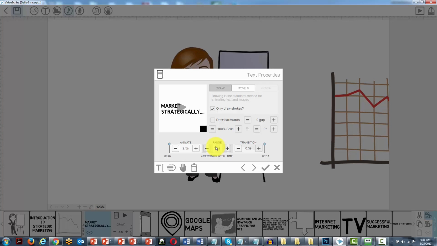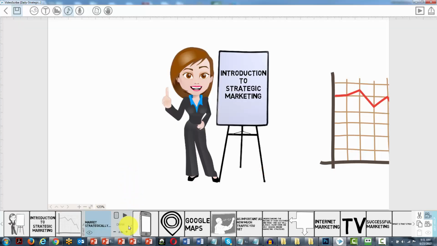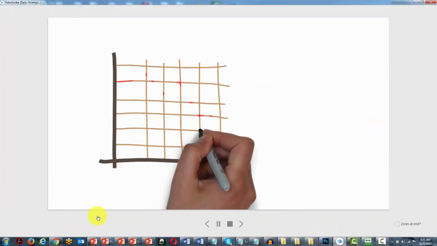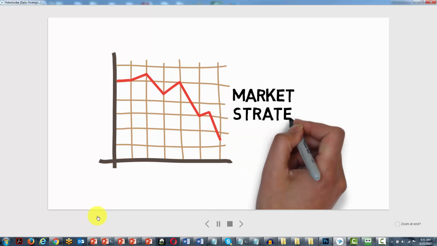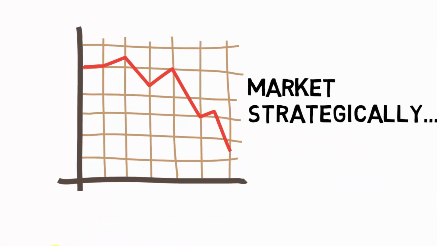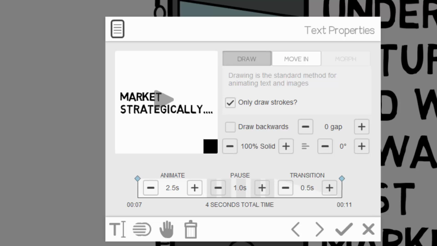And so you are actually doing each scene as one piece, but you control the pause so that it gives you additional time for the words to appear on the screen. So for example, let's take a look at market strategically after the chart. During difficult economic times, they must market strategically. That means that... Okay, so you'll notice that there was no pause after the chart, but then there's a slight